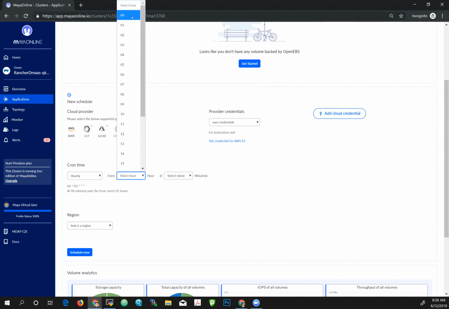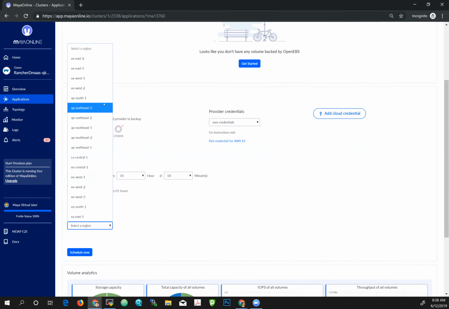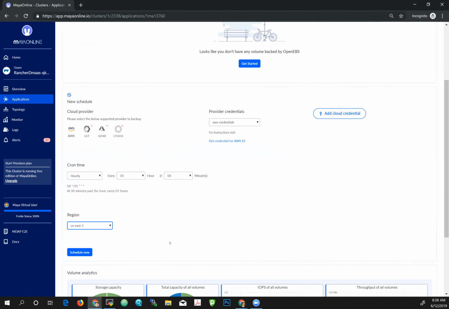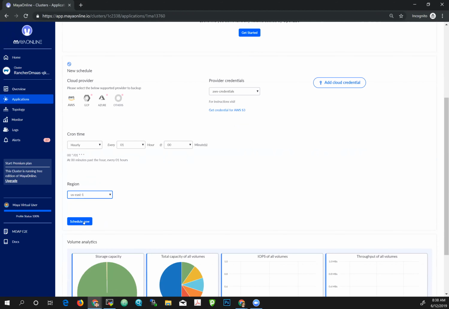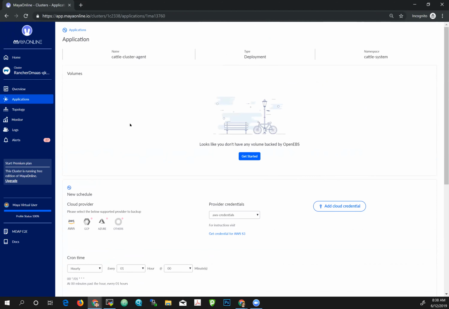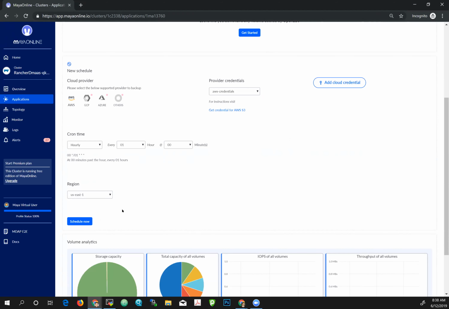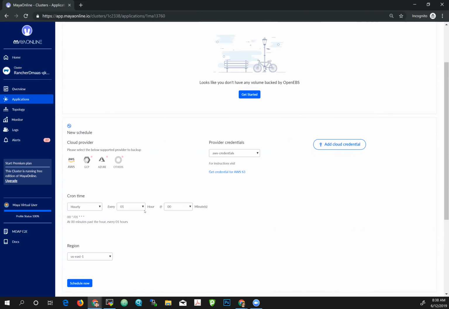You can set up your schedule, cron time, daily, hourly, and with the hourly you can set every hour, and then it detects the regions, US East 1, and schedule it. Yeah, your account needs to be on the trial mode, but this will take a scheduled backup every hour, and then from that view,